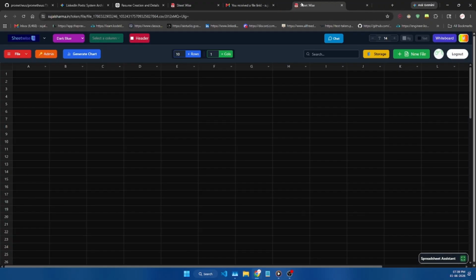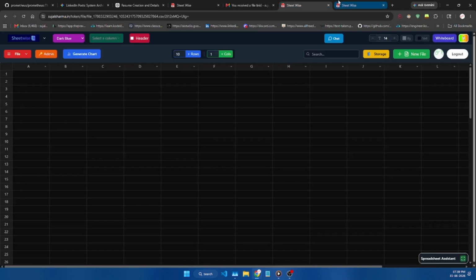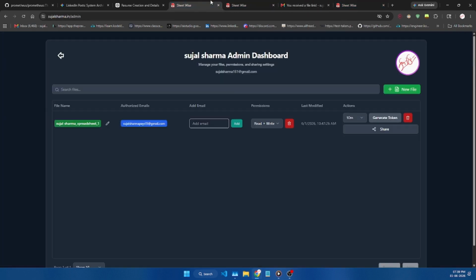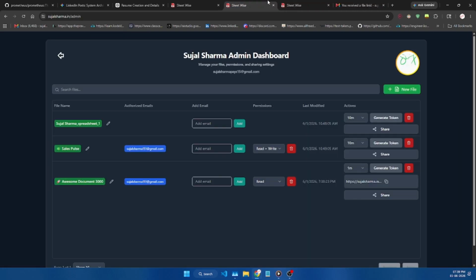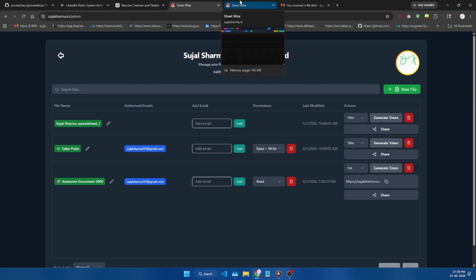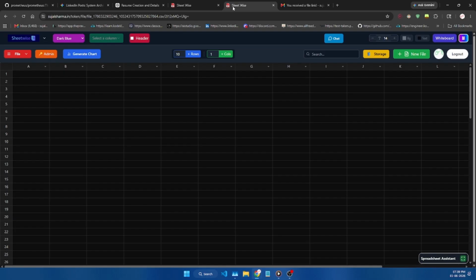After that 1 minute, the file will automatically expire. I'll show you that after 1 minute the file will automatically expire, and you will no longer be able to see that file. This is for the purpose of sharing the file with a lot of users, so you can do that.